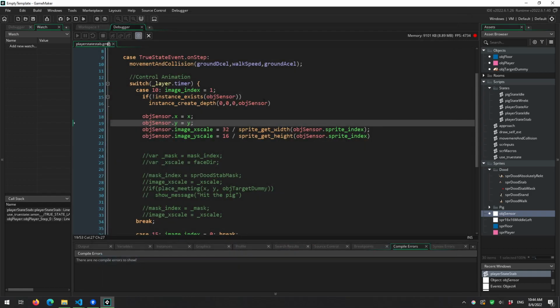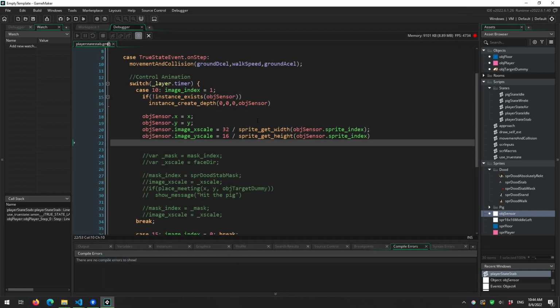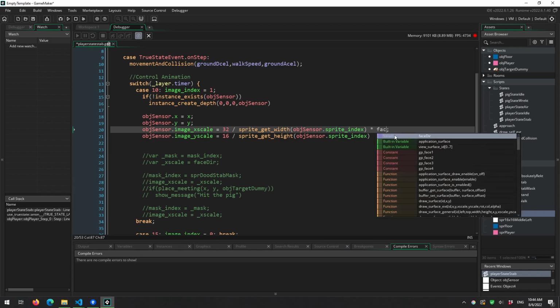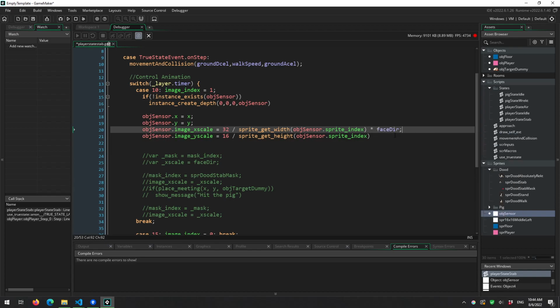So we need to reposition it further. Our image X scale is 32, but we also need to take into account his face steer. So now that'll flip. And let's move it around. So this is where